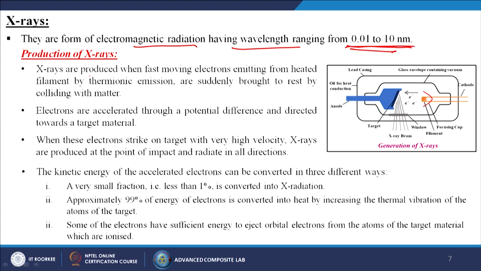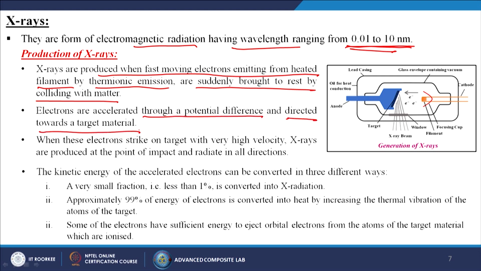Generally, X-rays are produced when fast moving electrons emitted from a heated filament by thermionic emission are suddenly brought to rest by colliding with matter. So, we generate thermionic emission so that electrons move from one place to another, that is, from the hotter to the colder one. Electrons are accelerated through a potential difference and directed towards a target material. When these electrons strike the target with very high velocity, X-rays are produced at the point of impact and radiated